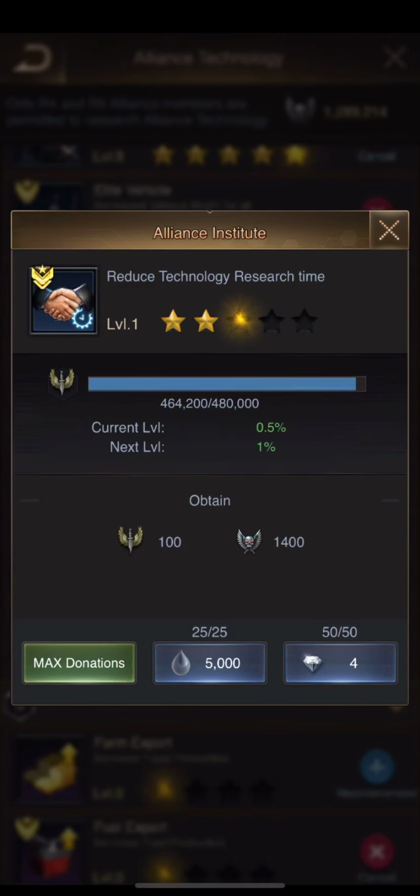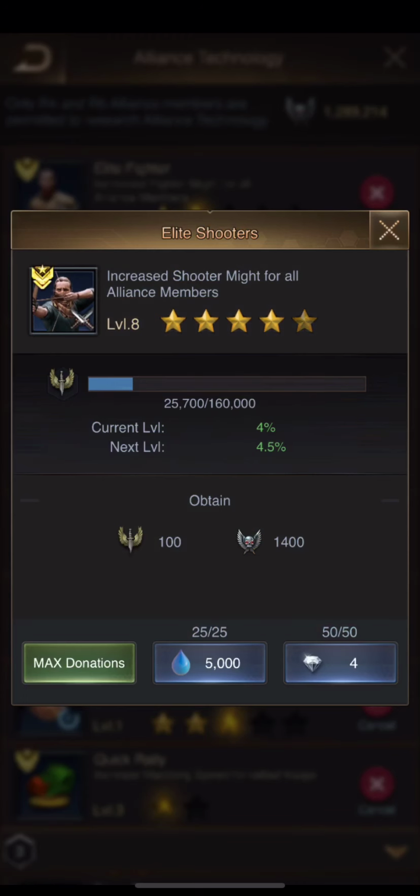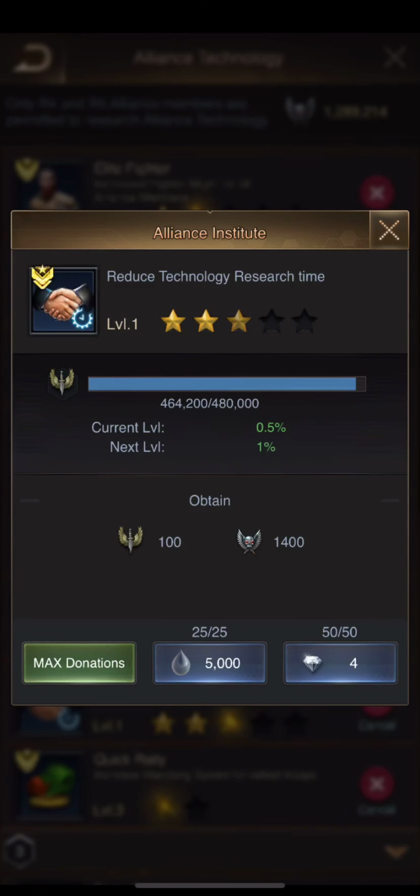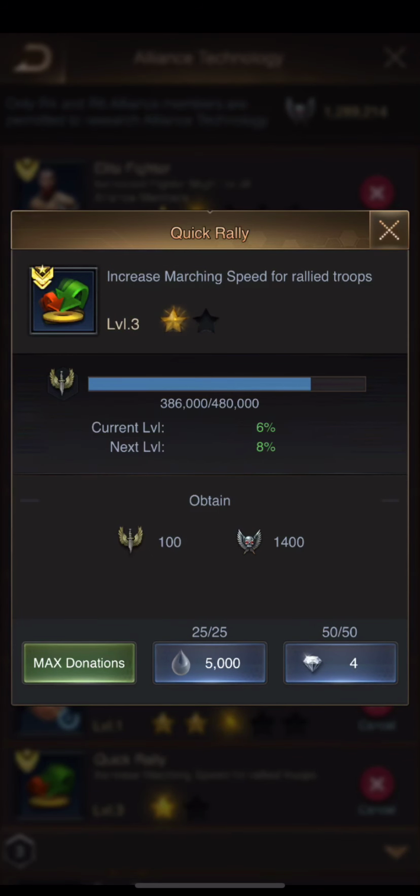It's a huge amount of tech, 480,000 donations. In comparison, level 8 of a different one is 160,000. So this one goes up really, really, really disturbingly slowly, because this is 480,000 for one extra star on here. So it's a really slow tech. And then rally here. So